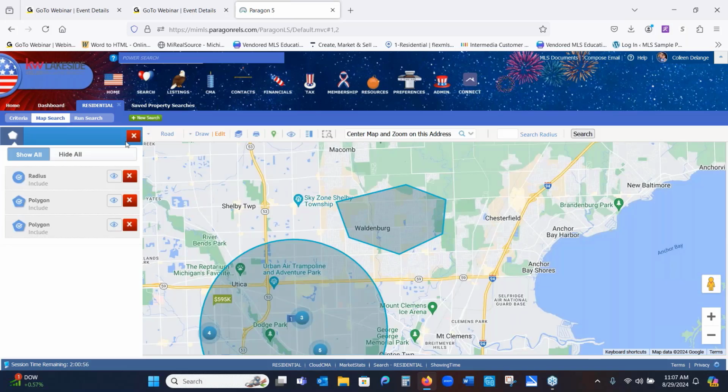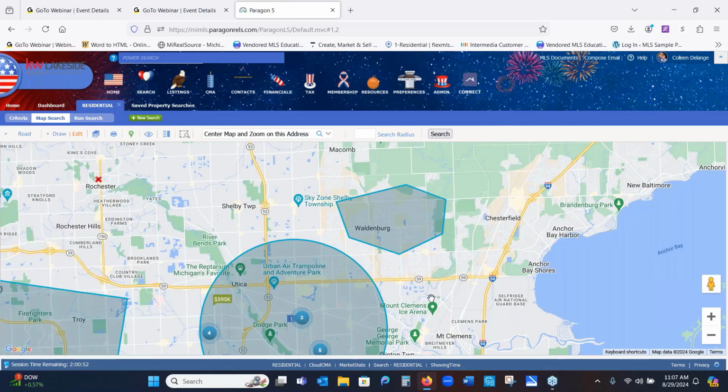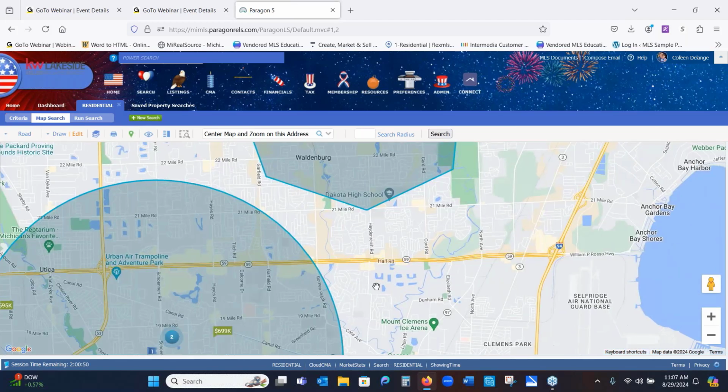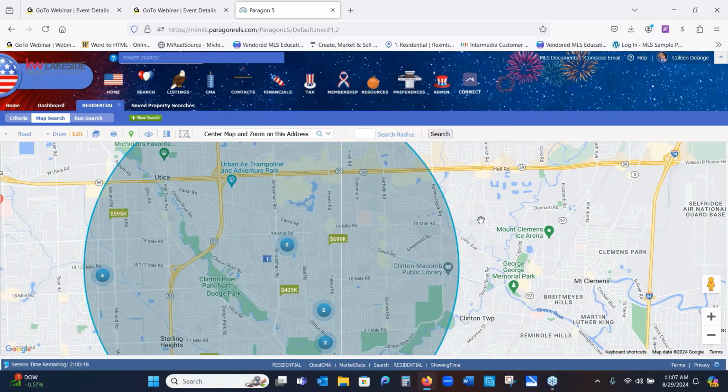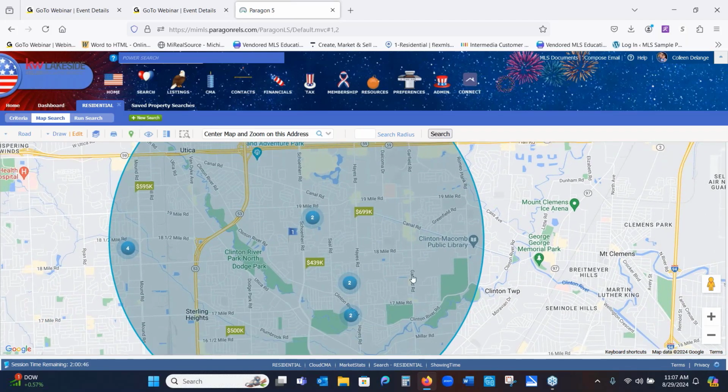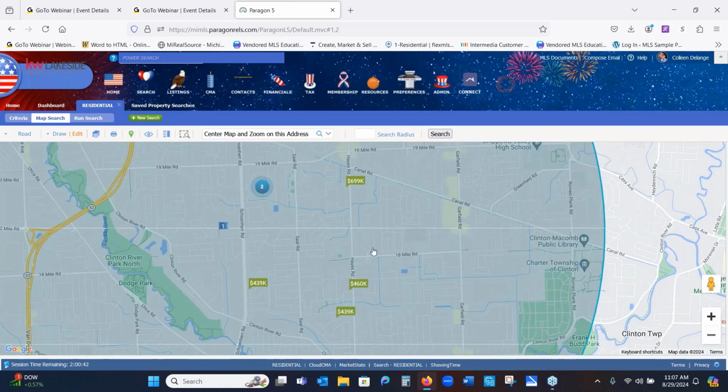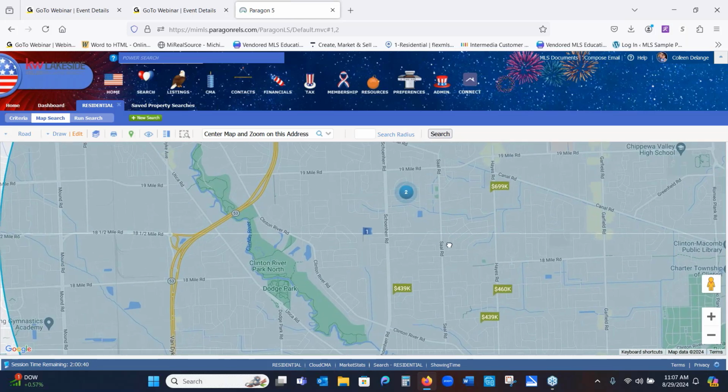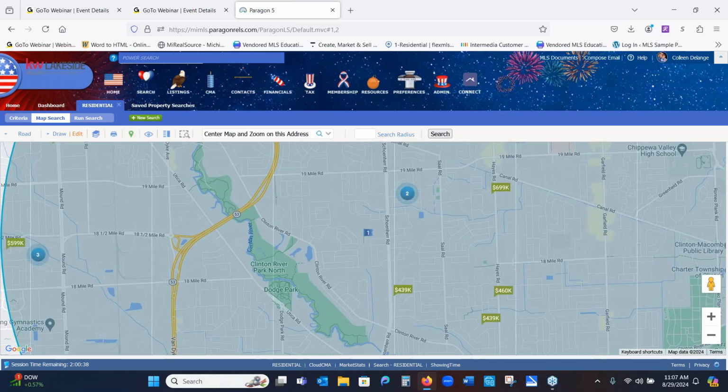Another thing that I thought was very interesting, at least for my area, I had a buyer who did not want to pay flood insurance. He was very adamant about, Colleen, I do not want to have flood insurance. Is this area going to require me to have flood insurance? Now, while I do tell them this is not a flood plain or an elevation cert,